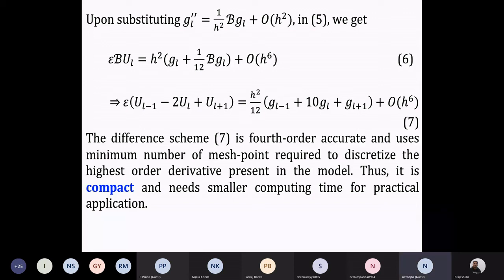the convection diffusion model consists of second order spatial derivatives. So if you use the minimum number of points, finally it gives you a matrix with 3 diagonals only, a tridiagonal matrix. Either in the case of a linear equation, it is directly a tridiagonal iteration matrix, or in the case of a nonlinear equation, it is a tridiagonal Jacobian. In both cases, analyzing a tridiagonal matrix is easy and computationally efficient.